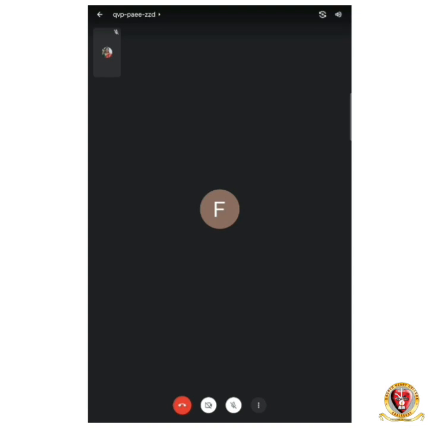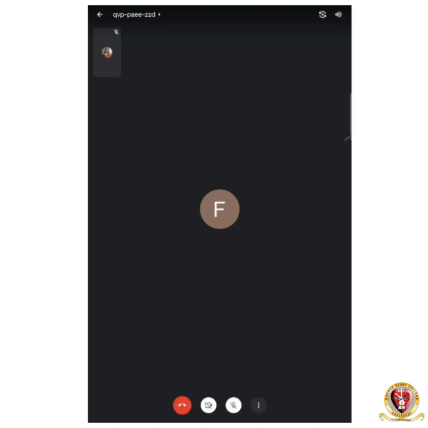So here you can see several options. You can see in the top corner this button. So this is the switching camera option. So this will switch your front facing camera, and this is the sound option. So by switching the camera to front facing camera, your camera will be switched to front facing mode. But here the camera is off, so we cannot use that option.